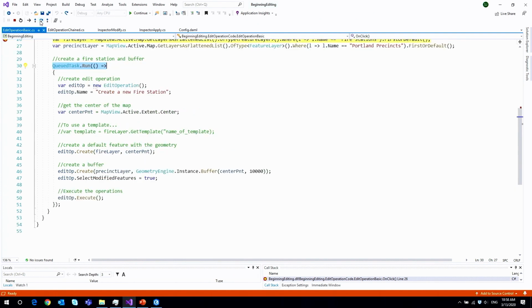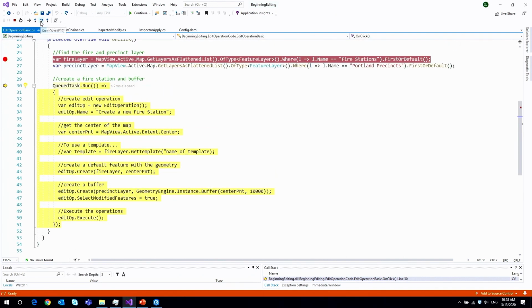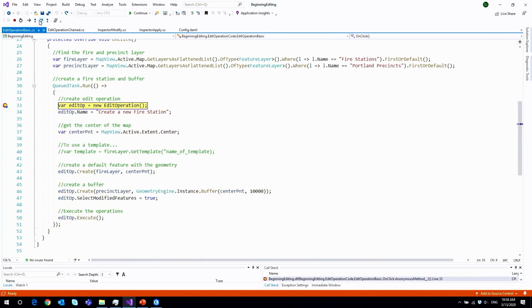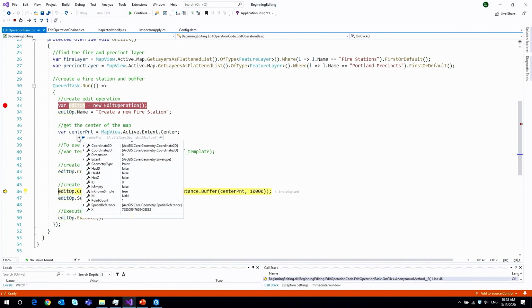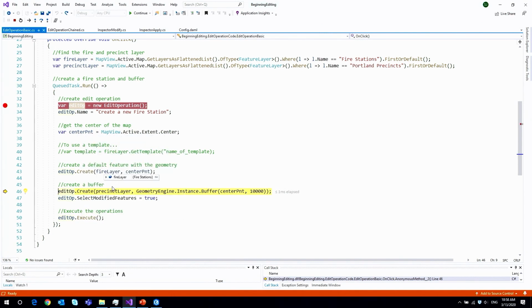Let me just run through that so we can see these happening. So I get the two layers, and I'll put my breakpoint down here. And so edit operation, edit operation center point. And I say create, so the center point is created for me just as a map point. Go to create, and then I create the buffer polygon by saying another create operation, the layer that I